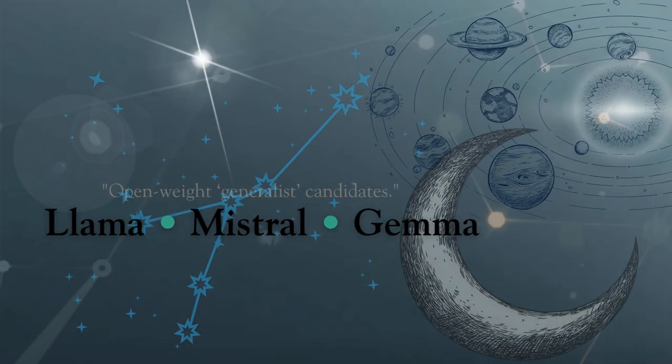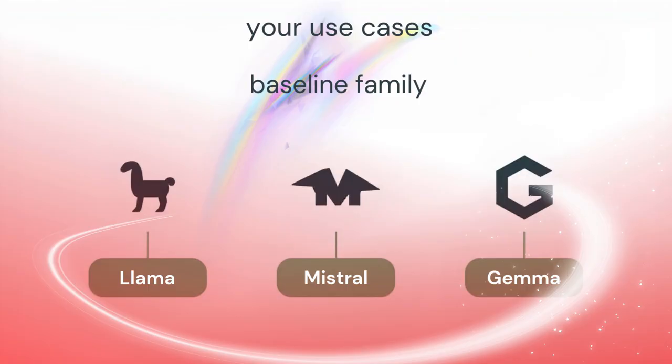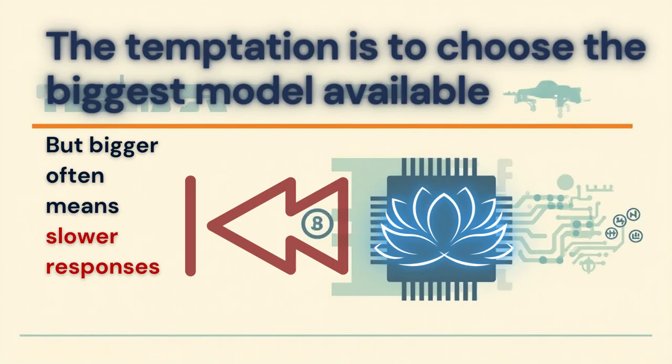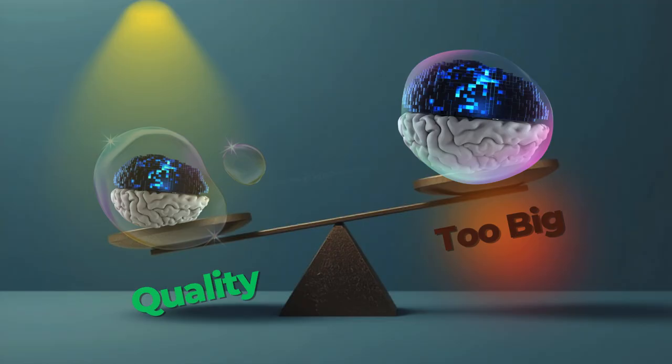Once you know your use cases, you pick a baseline family. Common starting points are generalist open-weight model families such as Llama, Mistral, and Gemma. The temptation is to choose the biggest model available. But bigger often means slower responses, higher memory use, and worse user experience at home, especially on CPU or limited